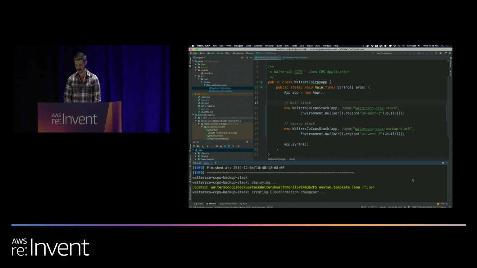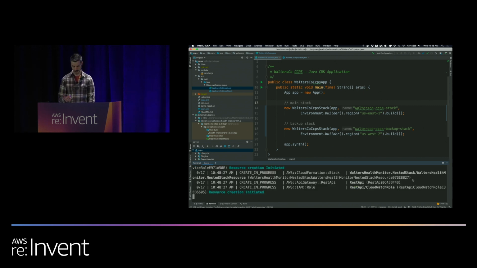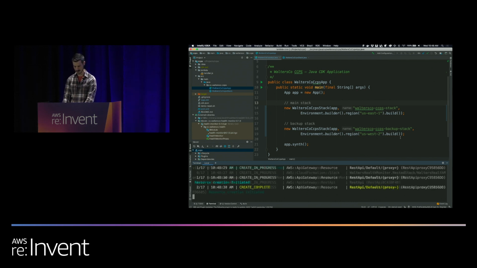So let's give this a minute. And then when we come back, hopefully we'll look at the status dashboard that we used earlier. And we'll see our new Java service is showing up not only for US East 1, but also in US West 2. While this is deploying, I want to show you one more neat tool that we use to publish